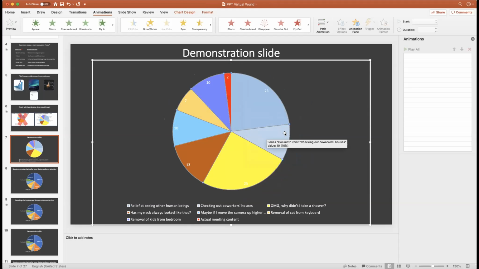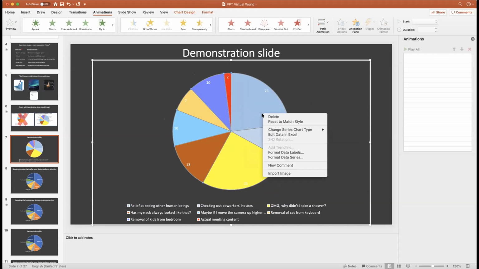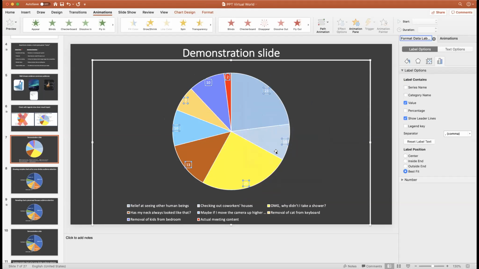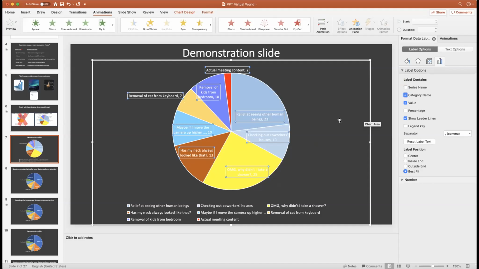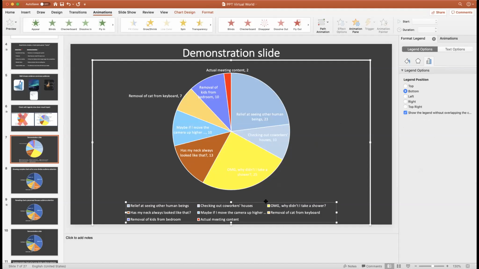There you go, it adds in the data itself. That's not enough for us. We also want to put the category label in there as well. So I right click again, go to Format Data Label, and I can click Category, or I could click on Series, but that series doesn't help me here. So I'll select Category. Now I've got all of the pie pieces labeled individually, and I can get rid of this useless and distracting